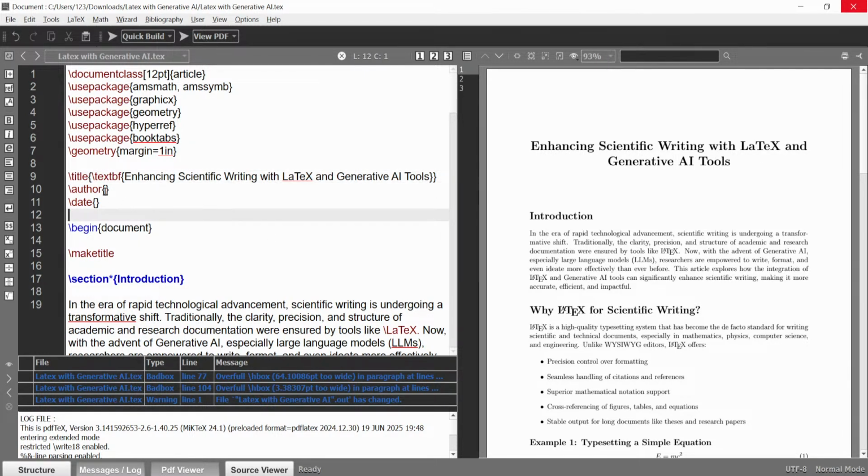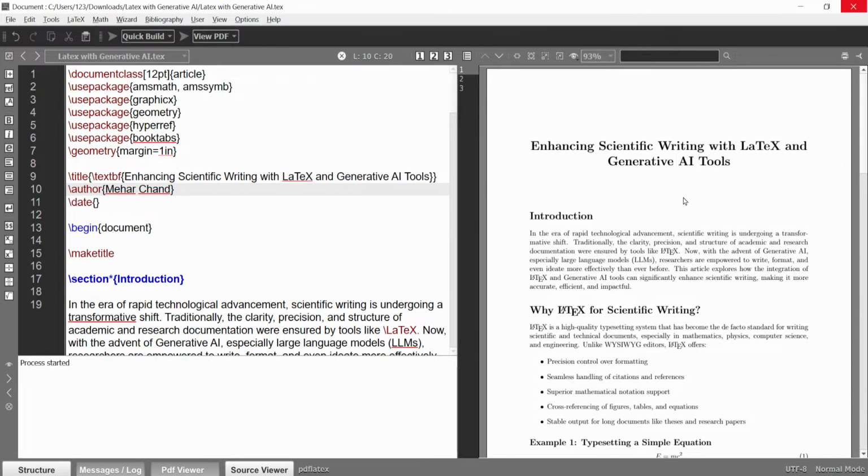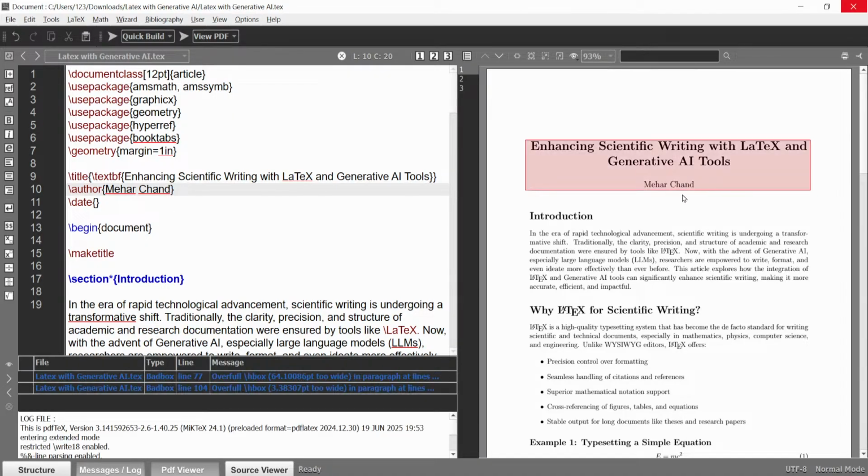Okay, and if you want to enter the author name, you can do that. Here I am entering my name, Meher Chand. So when I build this file, you will see on the right hand side that my name is there on the document. On the right hand side, see at this place, my name is there. If you want to add the date,